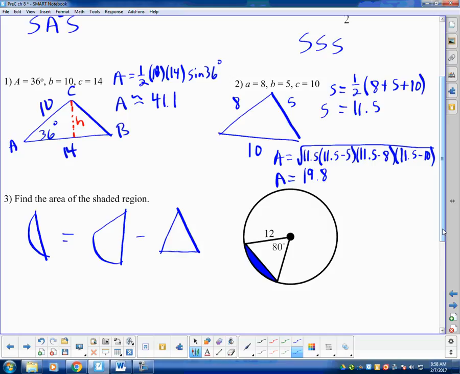The area of the segment, color code it, equals the area of the pizza minus the triangle. So I'm finding that the crust equals the whole piece of pizza minus the part that you